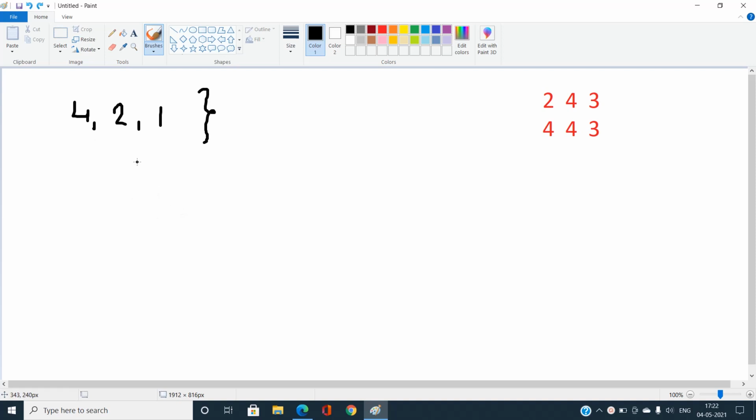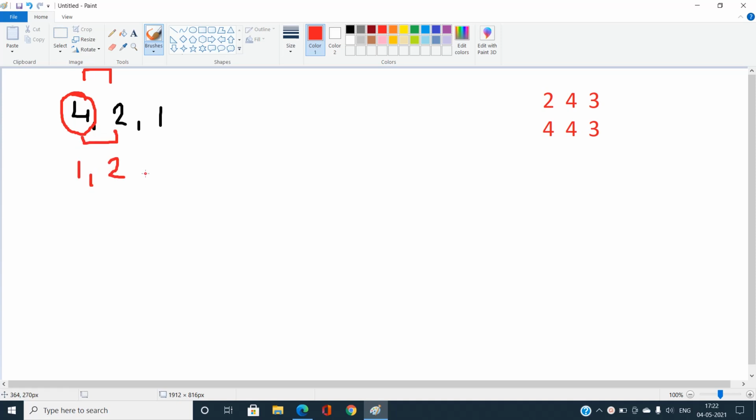So let us try to make one element change to any value that we want, and find out whether this array can be represented in non-decreasing order or not. So let us try to change this 4. If we change this 4 to any value we want, say I'm changing it to 1, so that this condition is satisfied: 1, 2.